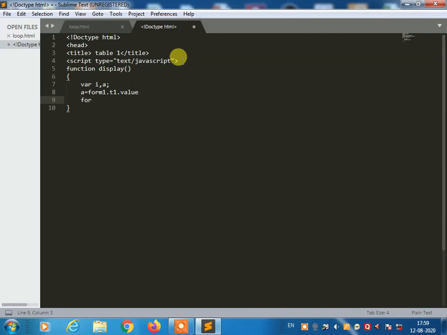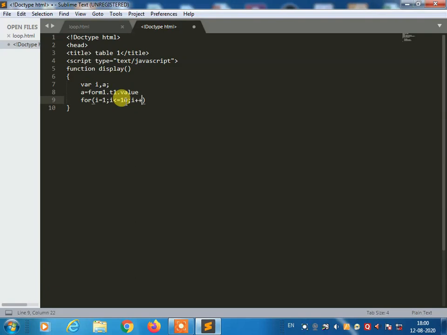Then you are going to use the for loop statement. So for i equal 1, initialization, semicolon. Then you are going to use the condition: i less than or equal to 10. Then again the semicolon, and you give the iteration increment, i plus plus. So this becomes for i equal 1, i less than or equal 10, i plus plus. The value of i will start with 1 and reach the number 10.